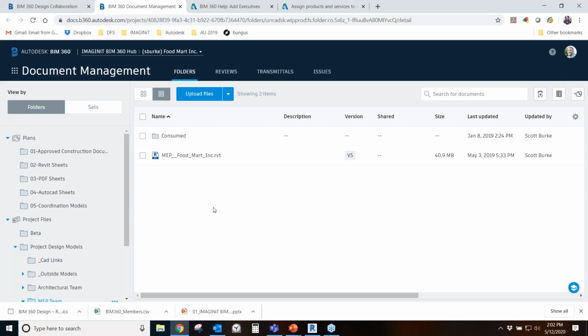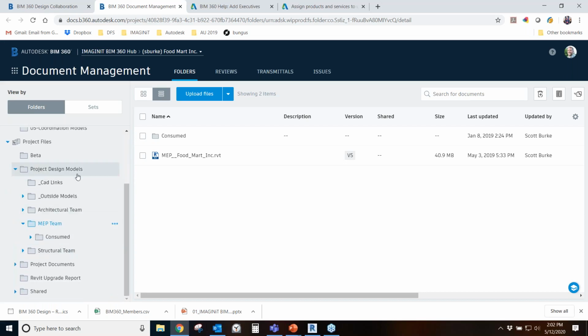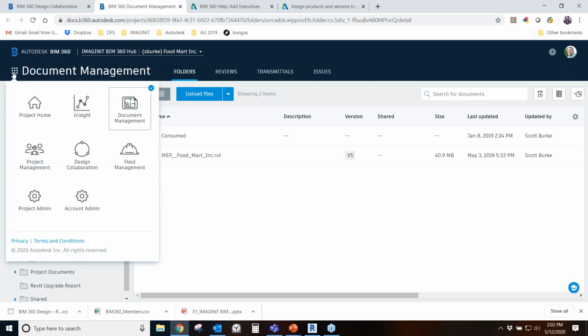So instead, what they want to do is they want to have their own control over when they're seeing those live updates to the model. So it's kind of like an added level, a granular level of how you're going to see your different linked files and if they're updated. So from this project level, up at the top here under project design models, you see how it has this consumed folder, and there's architecture team and structural team. When we go back through the project admin page,